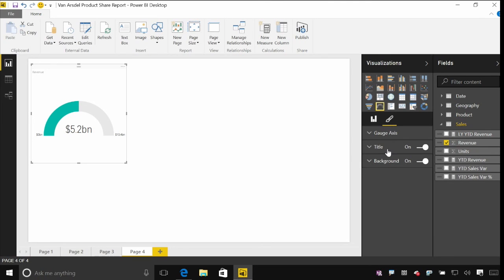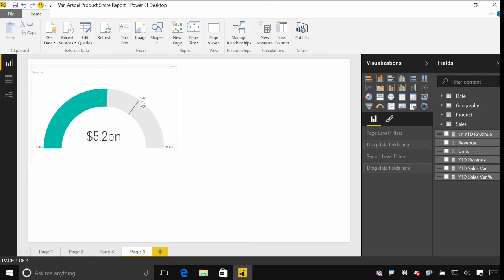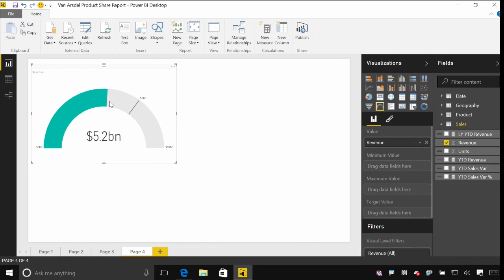Or you can use the formatting options to customize these by setting a specific value. So if I wanted our maximum to be 10 billion, keep going until I hit 10 billion. I could also choose what my target is. So I want to have my target at 7 billion. Make sure I get enough zeros. There we go. Now you can see our gauge has a little target line that shows this is what our target is, 7 billion. And we know that we're tracking towards potentially a total of 10 billion there. Just over the halfway mark. So that's gauges.